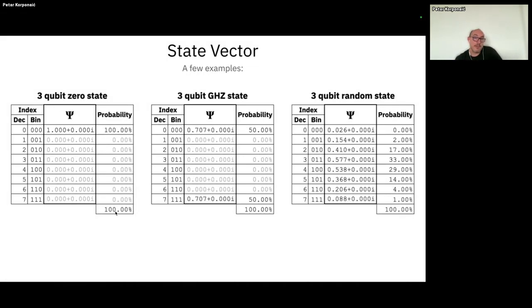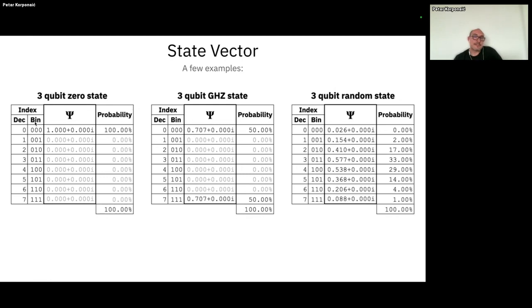Sum of all numbers is 1. So this is a unit vector. And this is enough. You don't need to bother yourself why this is complex. Of course, the more you learn, the better. But the same as you don't need to understand how a car motor works, you can only sit and push the pedal and drive. And in the same way, you don't need to understand why this is a complex number. It's important to understand that it is a complex number. Why, you will learn later. Anyway,